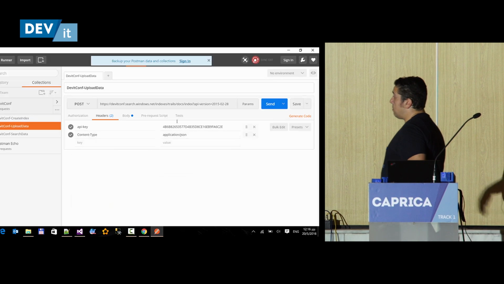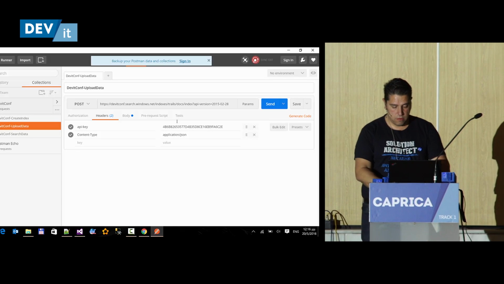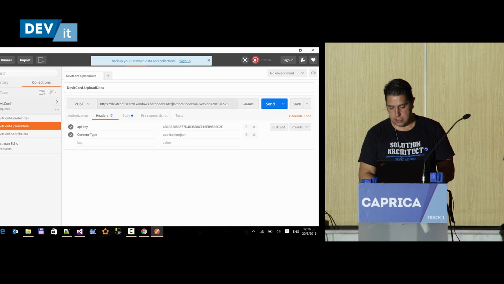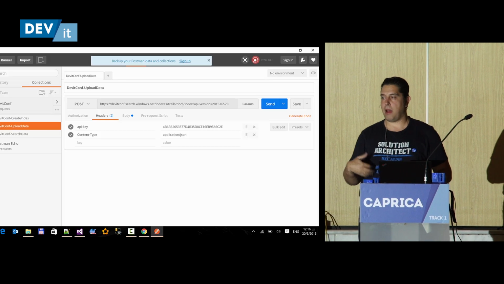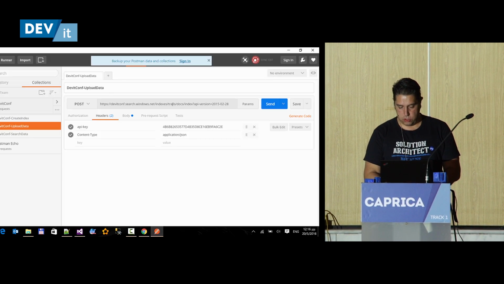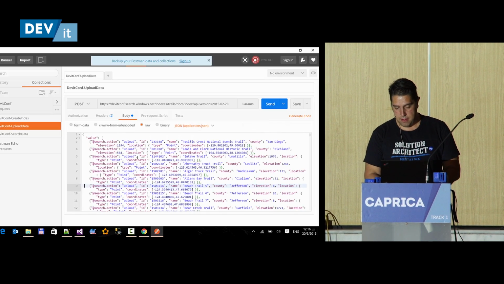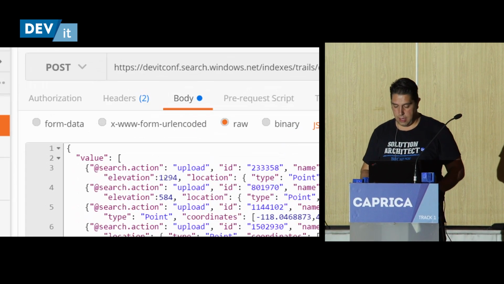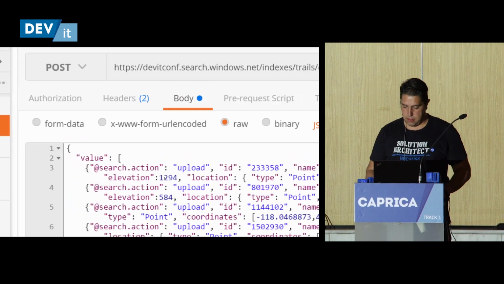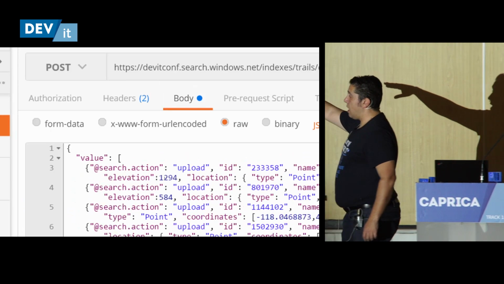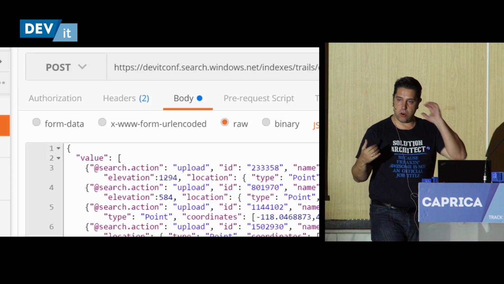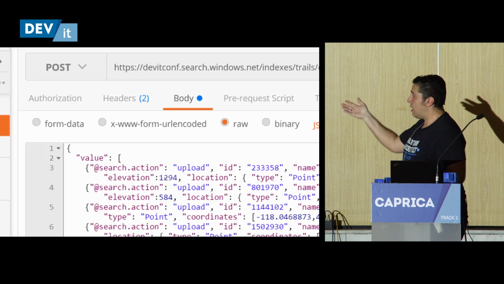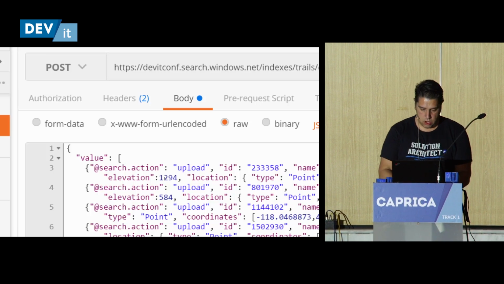Now, to upload some data, I'm sending a post request to the service. The URL is the same: service endpoint /indexes/trails/docs, because I'm uploading documents. It's a post request, so I have a body with all the documents, and it's a JSON document. And what's really interesting is the action part. So I'm saying upload. I could say update or delete or something like that. There are a bunch of actions I can use. And then I've got the fields. So if I send that,